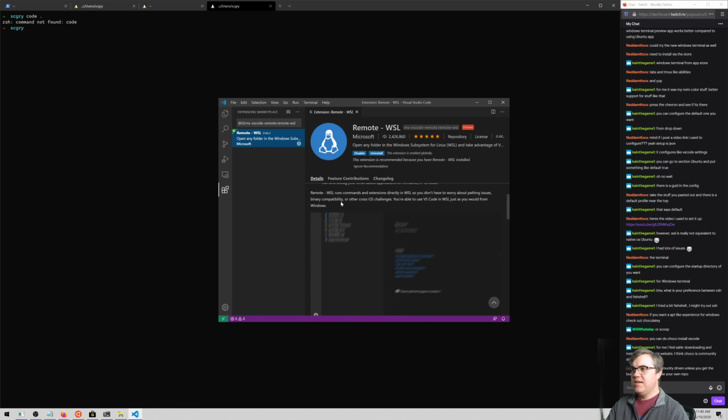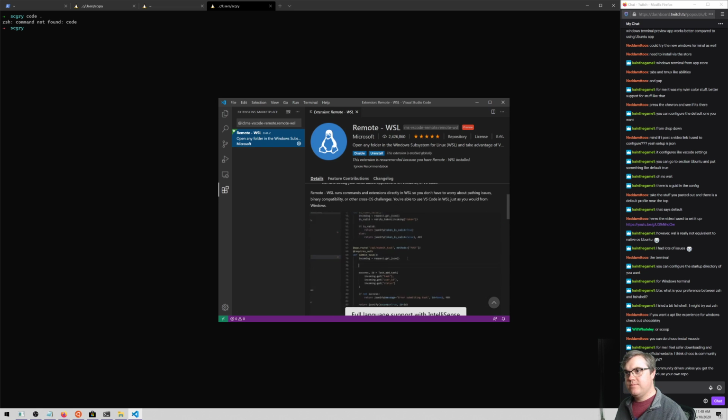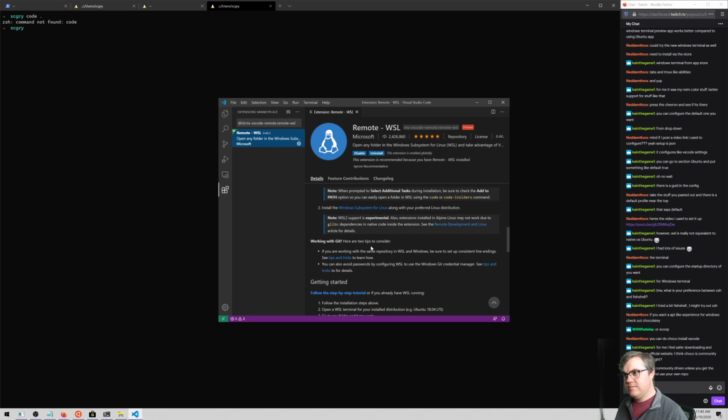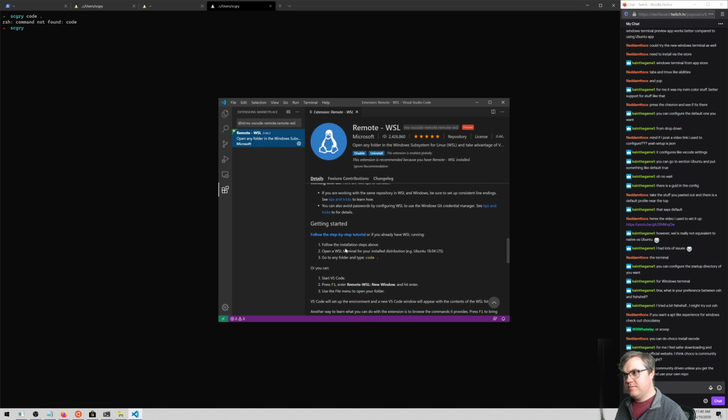Okay, so it runs the commands and extensions directly in WSL. Well, okay. Open a WSL terminal and type code dot.